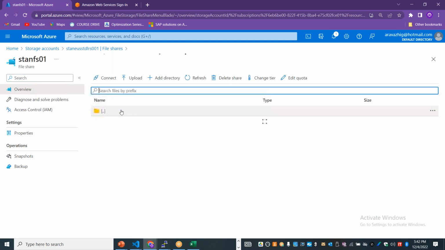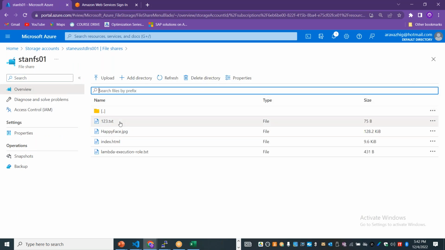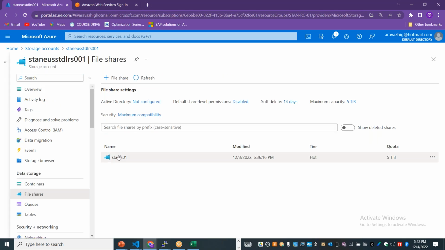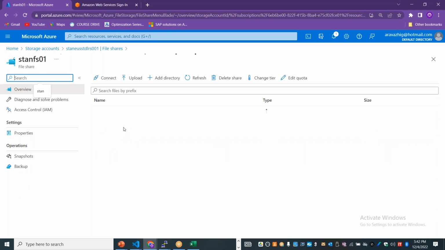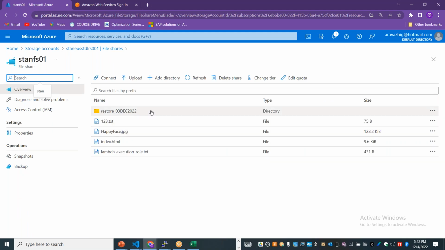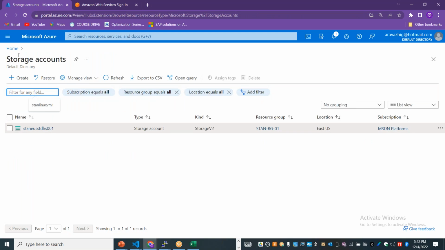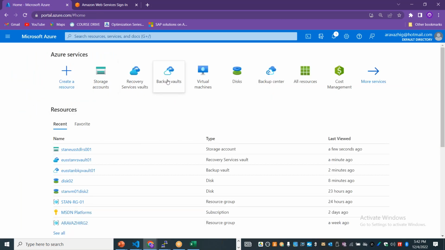So we restored it here, right? This is what we took the backup and restored yesterday with a name restore_ some date and time. So you can do it anytime. It's pretty straightforward. Any backup that you have taken, if you want to restore it,